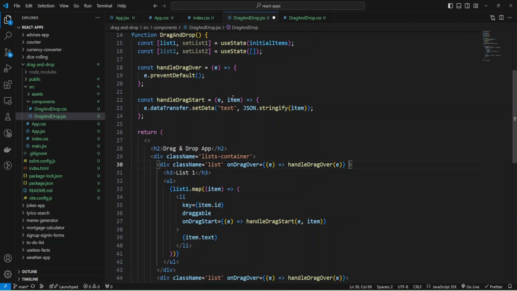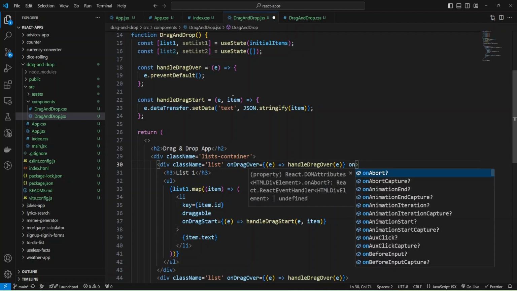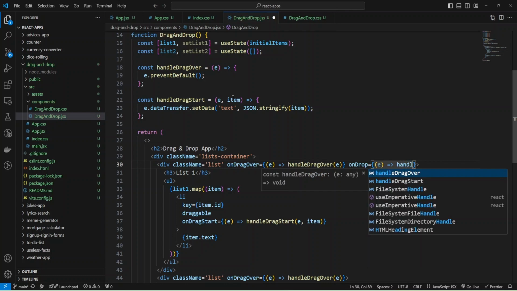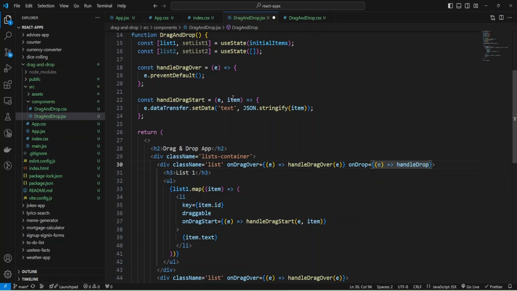It's a container for our list elements, and I'm going to add on drop, and also I'll provide event as parameter to function handle drop and pass event, and also I need some name to check if we are going to drop element to list 1 or list 2, and I'll use just text list 1.